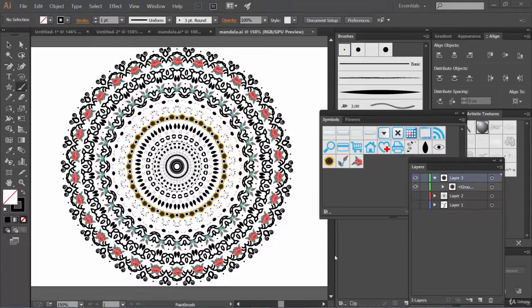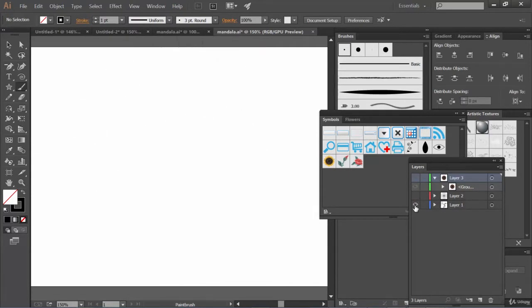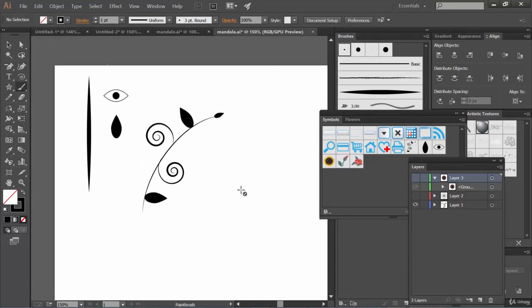Hello friends. So in this lecture we will try to recall all the steps that we have implemented to create this mandala. Not numerous steps. We have followed only a few steps, right? The first step is to draw some artwork first. These are the artworks which you are going to be using in your mandala. That's the first step. It's really very easy.